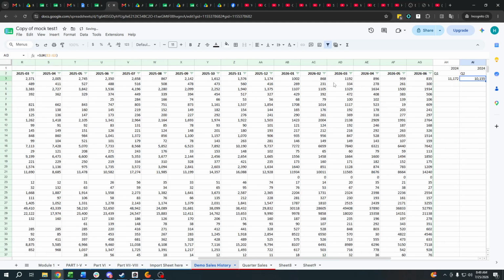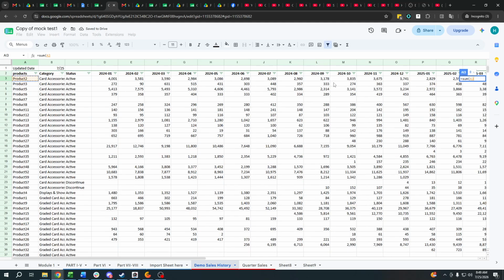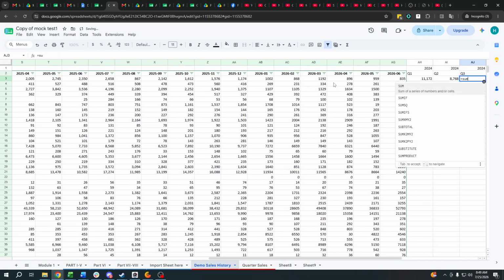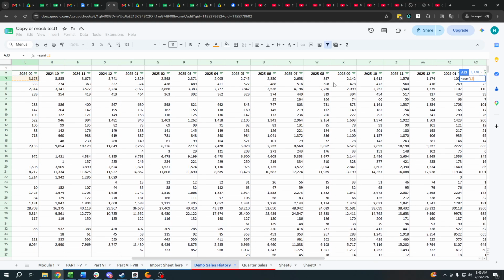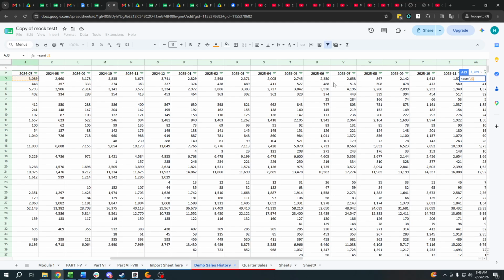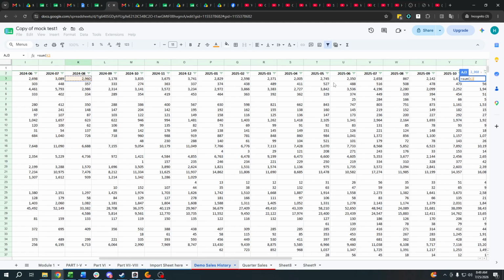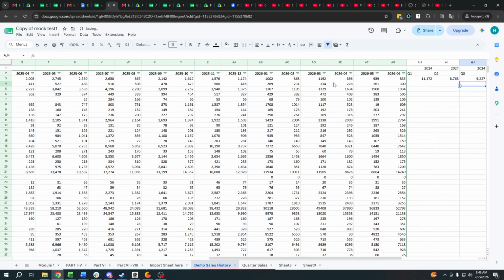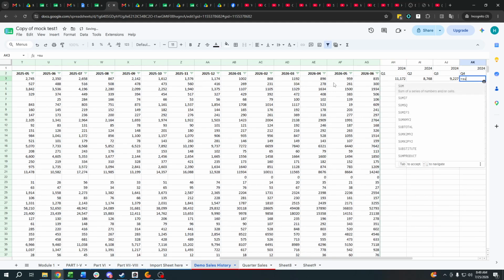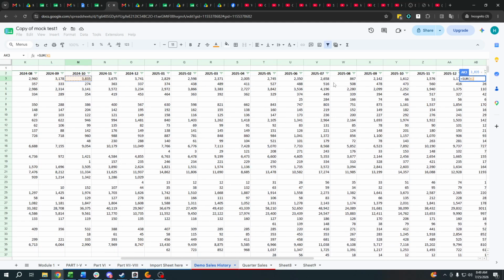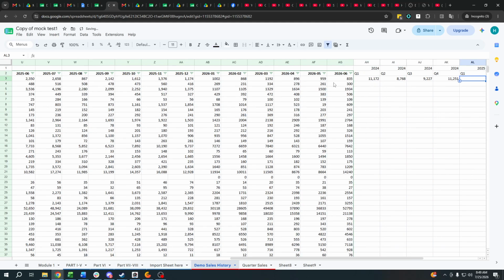Sum, this one, okay. Sum for Q3. Wait, that's 2025. We are looking for 2024, for Q4 2024, and 12.